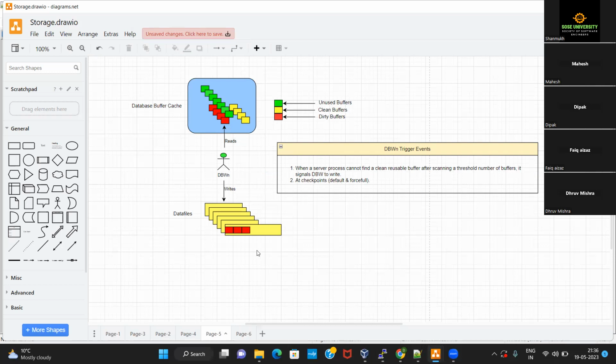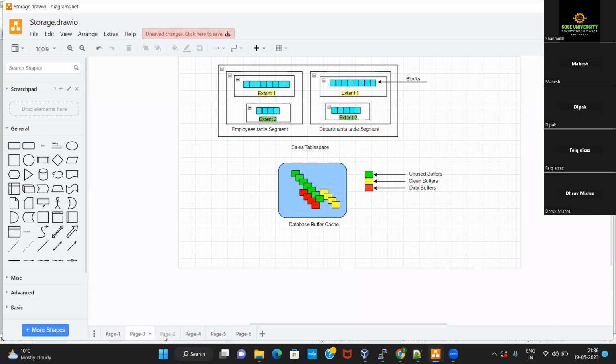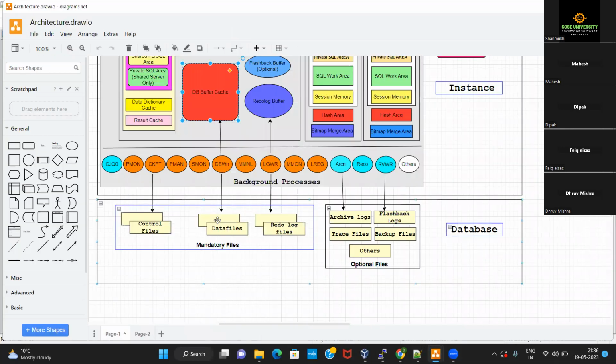Let me go back to this architecture diagram. After every 3 seconds, something called the checkpoint background process gets activated. What is the job of this checkpoint background process? It writes something called checkpoint information into the control files.